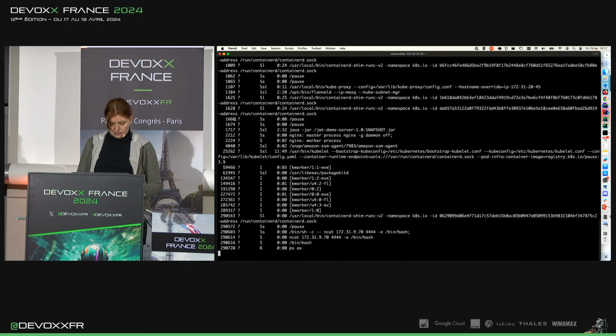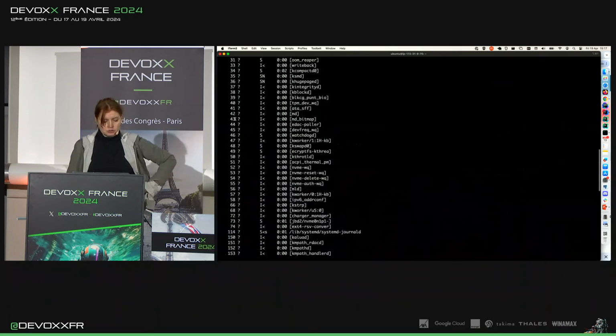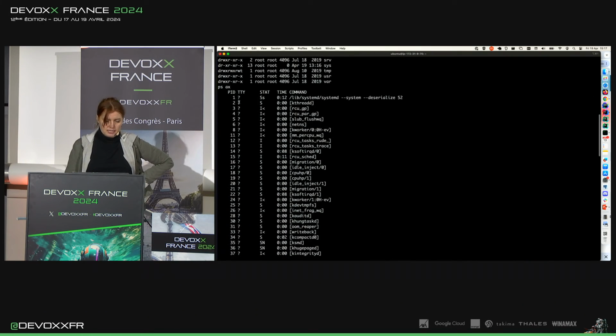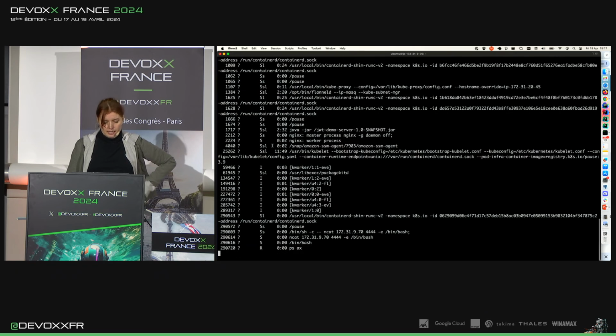To compromise a node, this time we need to target this init process. And we can do this via the nsenter command. This is namespace enter. We want to enter the namespace of our